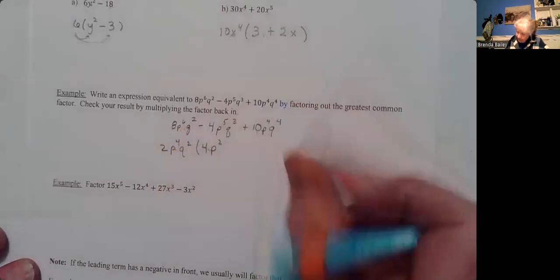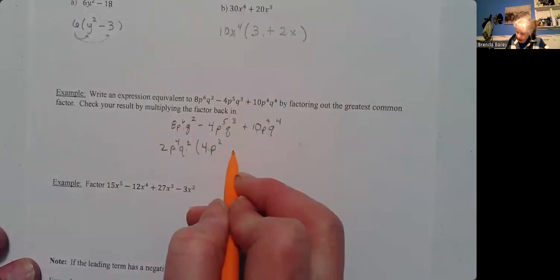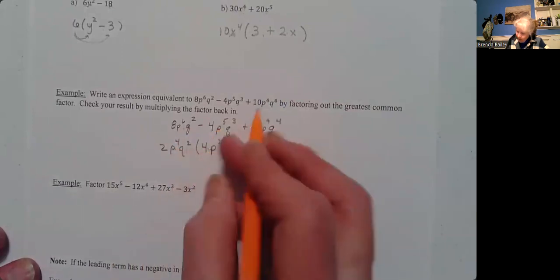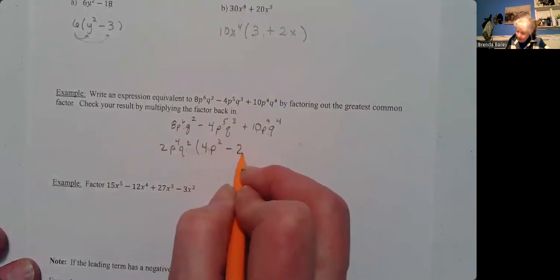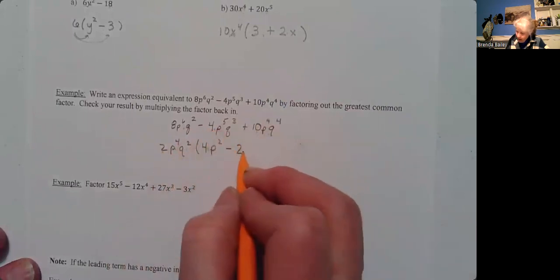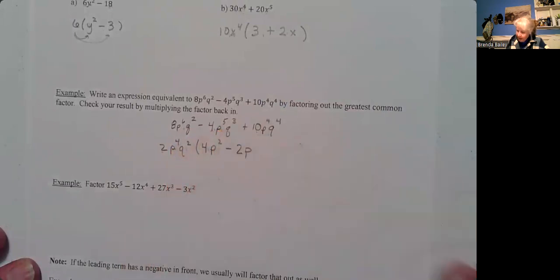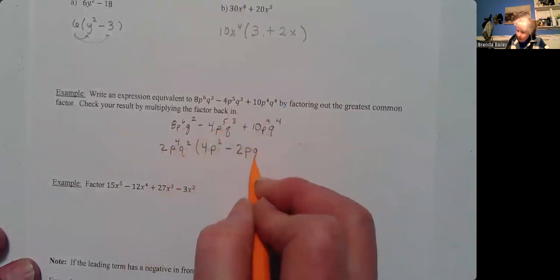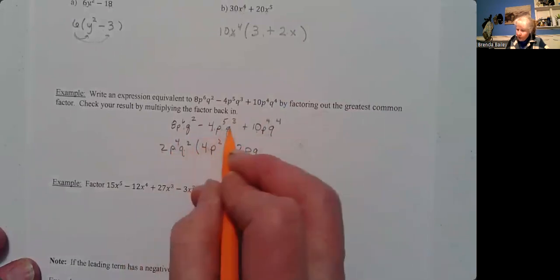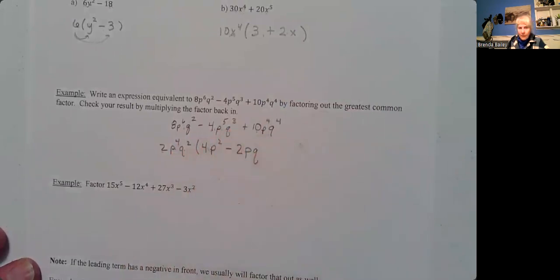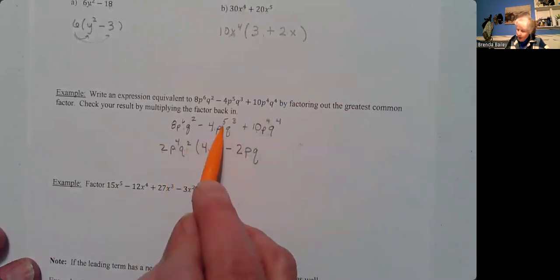Now the next, what do I multiply these two by to get this one? Well, it'll be a minus 2 times 2 is a minus 4. I have p to the 4th, I need a p to the 5th, so another p. And another q: I've got a q squared, I need a q cubed. So if you multiply these, you come back to this. Plus,